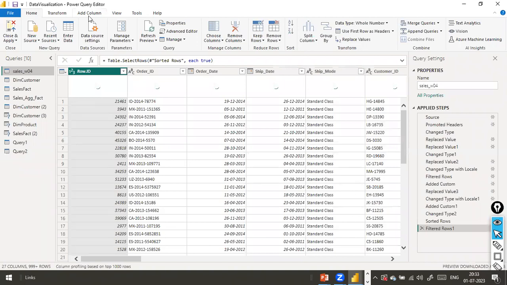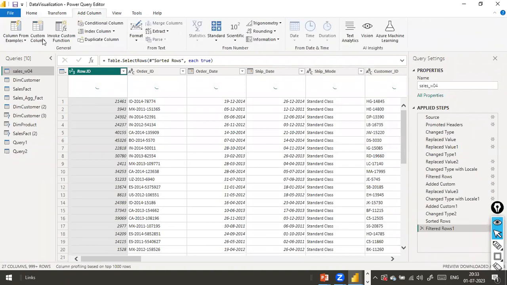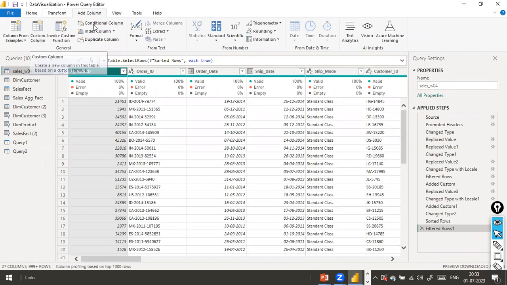Okay, I am going to click on the add column ribbon, and like custom column, we have something called conditional column. Even with this option, you can create a new column along with the existing columns. But here you can define some conditions. For example, if I click on it here,